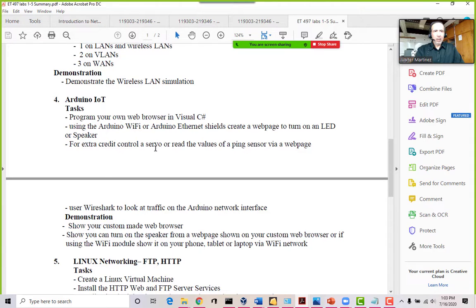And then we're going to be doing some IoT, Internet of Things. We'll be playing with Arduinos, so you'll be doing some programming. This is C code, C programming. And so if you're familiar with the Arduinos, you'll have a lot of fun. You'll have an embedded server in the Arduino, and you'll be able to attach devices to the Arduino, like a switch or an LED or a motor. You'll create a website where you'll be able to control these devices via the website, and even wireless.